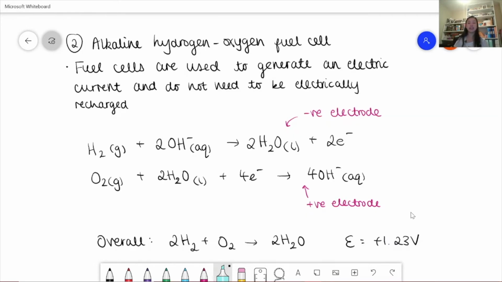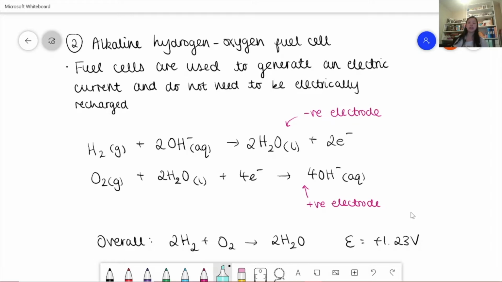Lastly, we're going to discuss the alkaline hydrogen oxygen fuel cell. Now, fuel cells are used to generate an electric current, and they don't need to be electrically recharged. And so here are the two equations that we have. And these two equations you have to remember as well. So it's the lithium ion equations that you need to remember, and also this hydrogen oxygen fuel cell equations